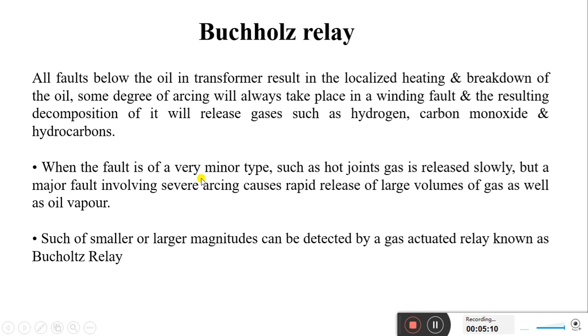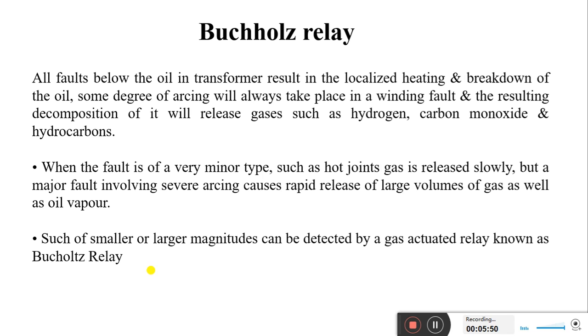When the fault is of a very minor type, such as hot joints, gas is released slowly, but during a major fault involving severe arcing, there is rapid release of a large volume of gas as well as oil vapors. Such faults of smaller or larger magnitudes can be detected by the gas actuated relay, and that relay is known as the Buchholz relay. It means this relay is also known as a gas operated relay or gas actuated relay,